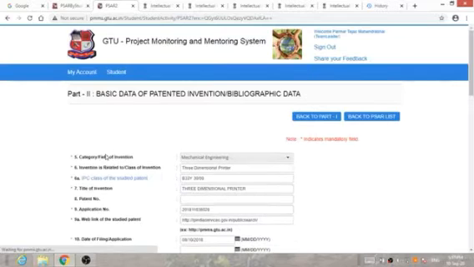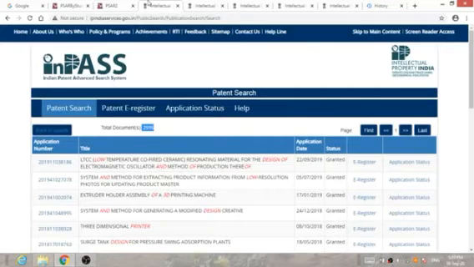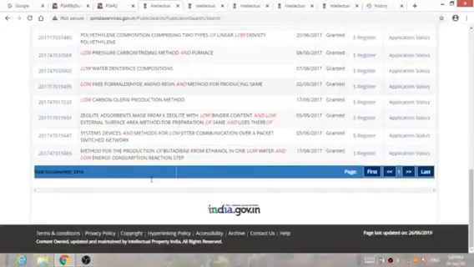After that you will be diverted to part number 2, that is the basic data of patent invention, bibliographic data. The first question is category or field of invention. After the patent search you have to select any one patent based on this result.